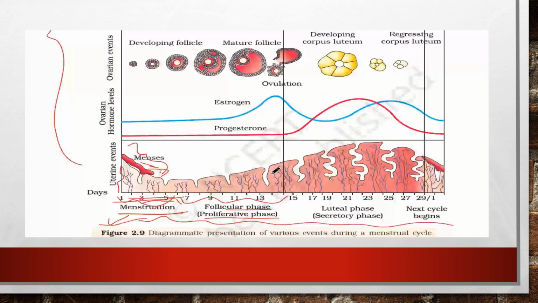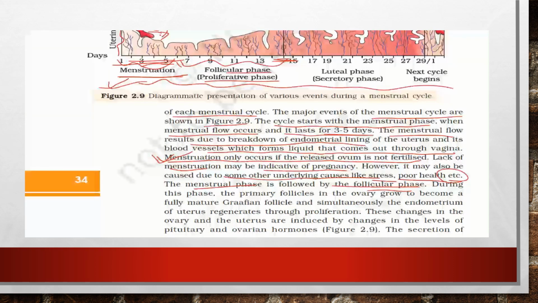Here you can see above, once this menstruation has happened, the follicles start maturing, and once they are fully matured, the follicles rupture. So this is the ovum. Ovulation has happened, right? So at this 14th or 15th day, in the middle of the cycle, the ovulation happens, right? So now what is happening?